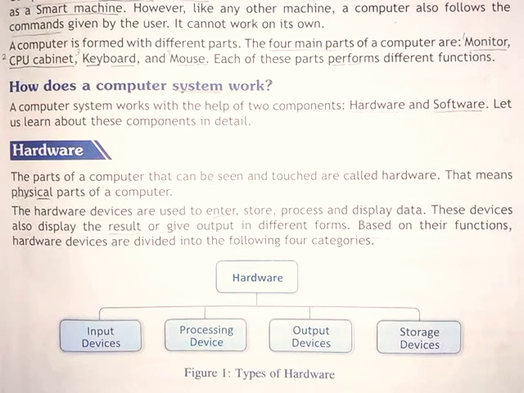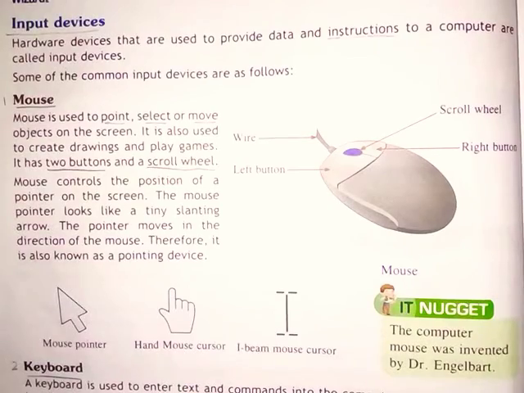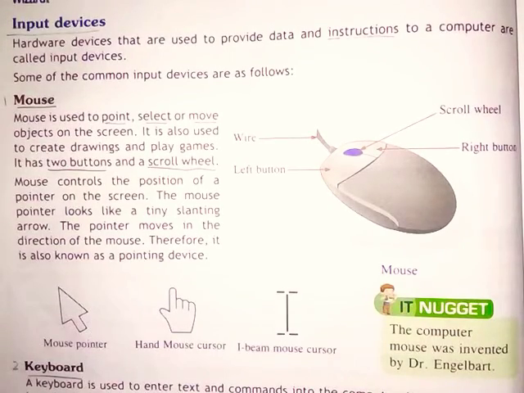The hardware devices are used to enter, store, process and display data. These devices are to display the result or give output in different forms. Based on their functions, hardware devices are divided into the following four categories: input devices, processing devices, output devices, and storage devices. Input devices. Hardware devices that are used to provide data and instructions to a computer are called input